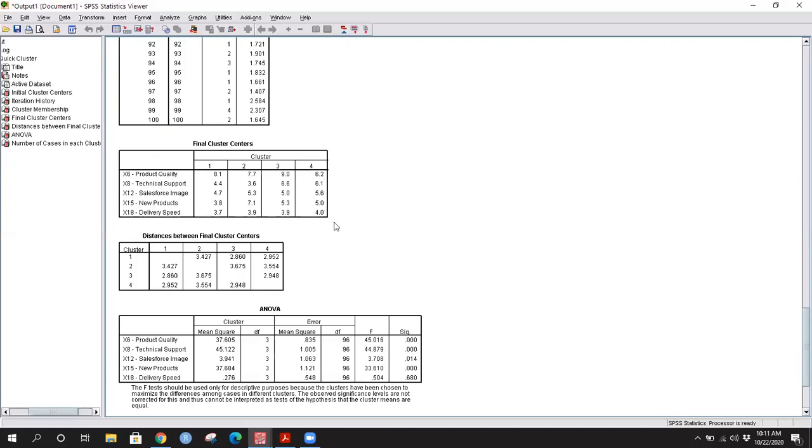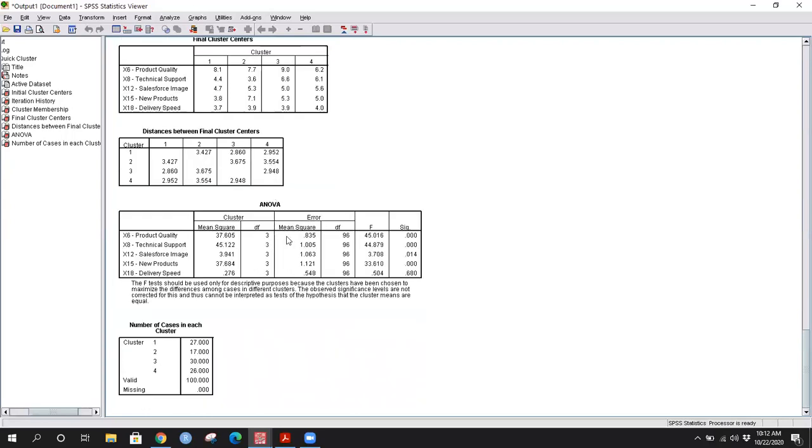So I can see that this cluster holds potential to be converted into yet another lucrative market, because we're almost there. It's like 5 can almost be worked upon. Then 5.6 is a good number, which is actually the highest. Then 6.1 can almost be worked upon to reach the 6.6 level maybe. So we see that this cluster holds great potential to be able to convert it into a lucrative market for us. That's how we were able to interpret our clusters and make a comment on how to really go about making the policies to target our specific market base.